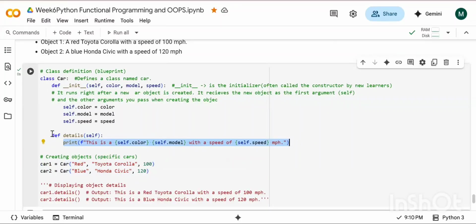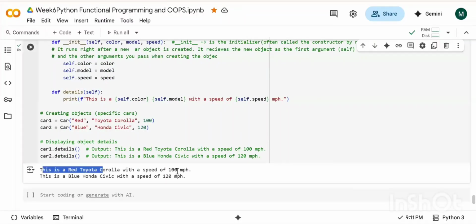I have to call this function. Objects are created. Take the name of the object, dot, the name of the function, parenthesis. And you will get your answer. Run it again. Now you will get your answer. And it's not like only one function, you can add multiple more functions also, and you can call them again and again. Just give me a second, let me show you guys that as well.